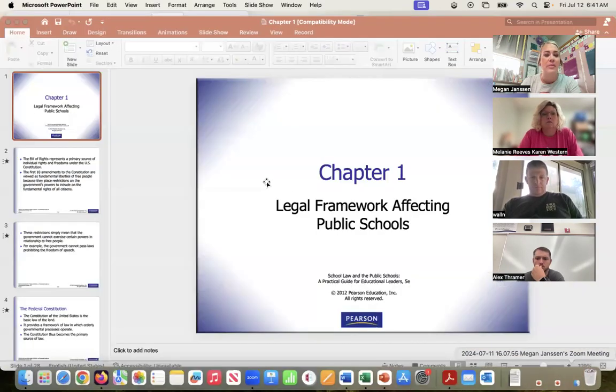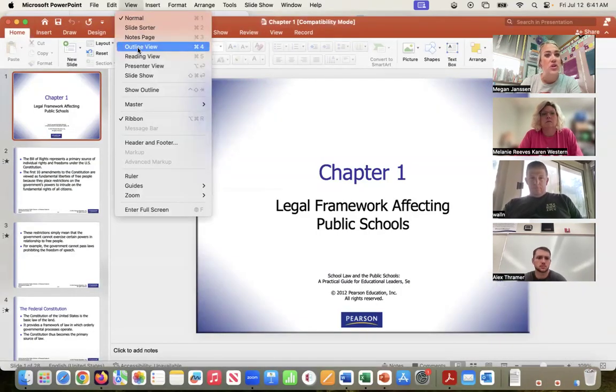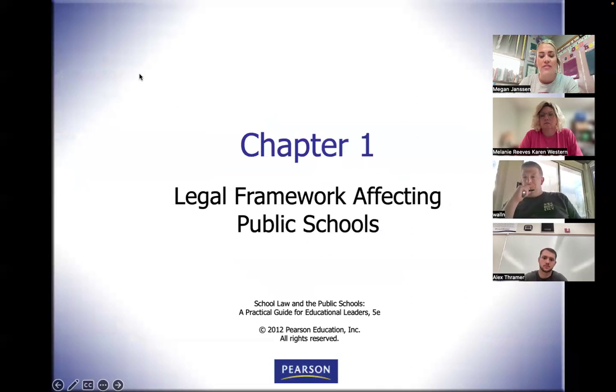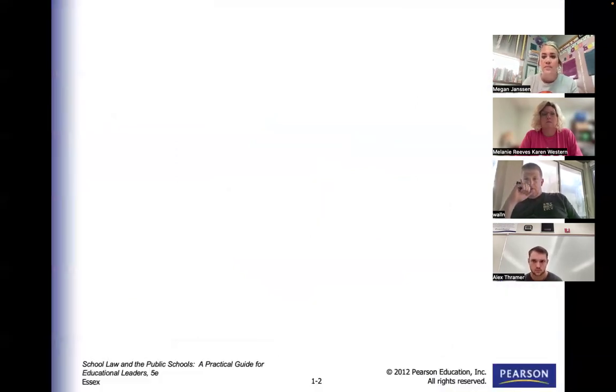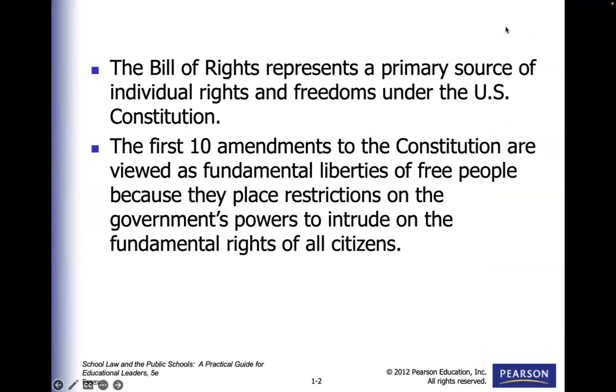Okay, good morning, everybody. Today we are going to be starting with the groundwork of Chapter 1, Legal Framework Affecting Public Schools. So we are going to be getting into the Constitution, into our federal government, into our state government. And I'm going to start off with, like I said, kind of the footwork of our government, which is the